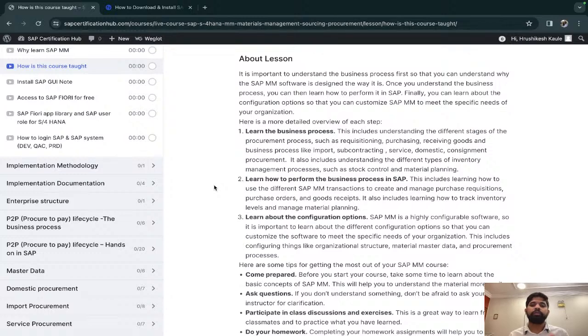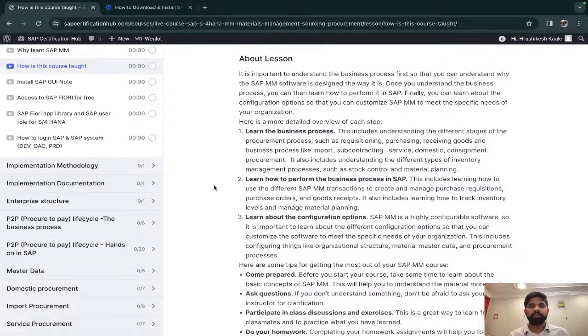So we will first understand the business process, what we are doing in a company, in a plant, in a warehouse. We will understand that. Once we understand the process, like what is a purchase requisition, then what is a purchase order, then what is a quotation. First, we need the understanding. So when the purchase requisition is getting created, when a person is giving a requirement, what are the possibilities?